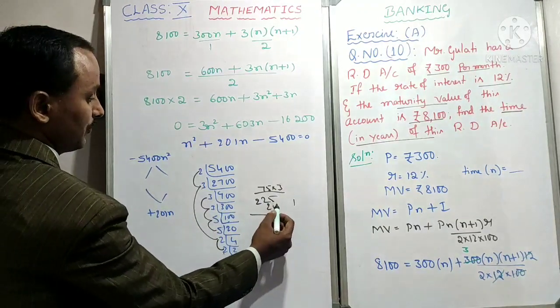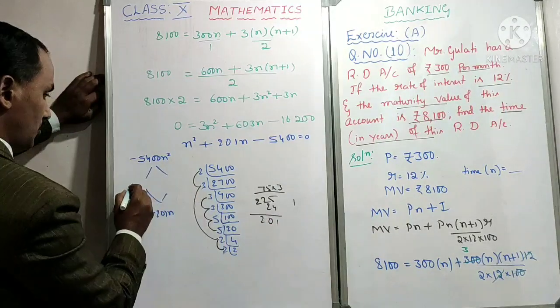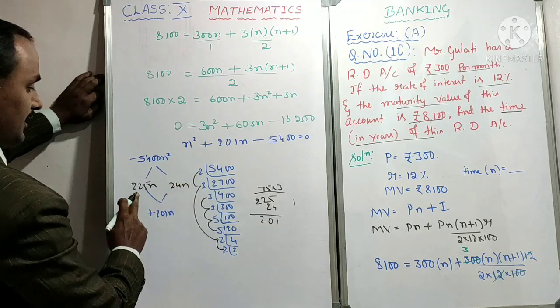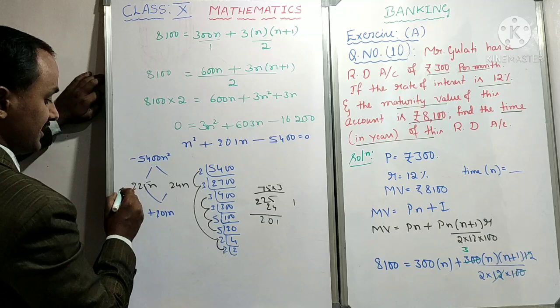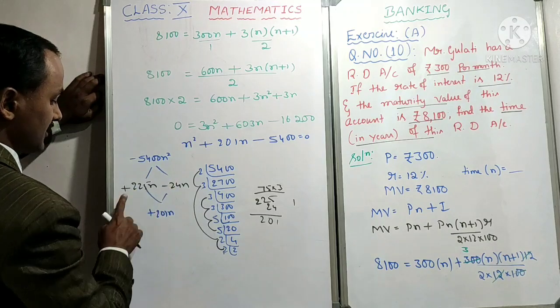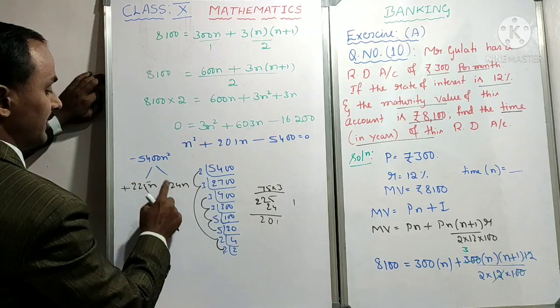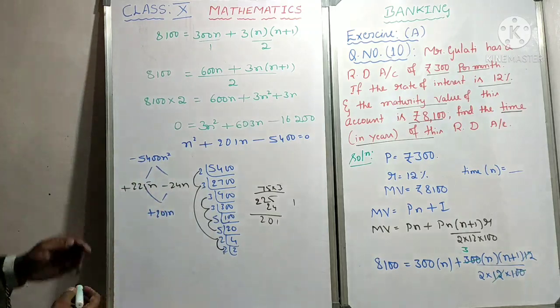In this subtraction we get 5 minus 4 is 1, 2 minus 2 is 0. Now see 225 and 24, in this subtraction we will get 201. See here the solution: positive sign is there, here plus, here minus. Why? Because plus into minus is minus, this product is 5400 n into n square. Plus 225 minus 24 will give plus 201 n.